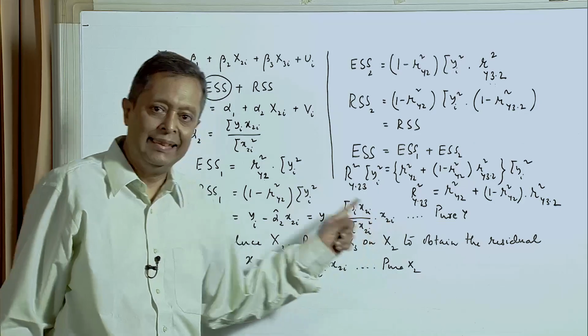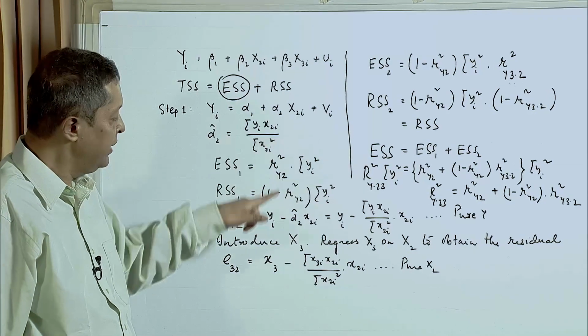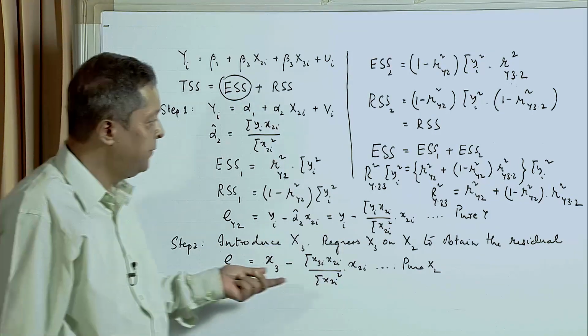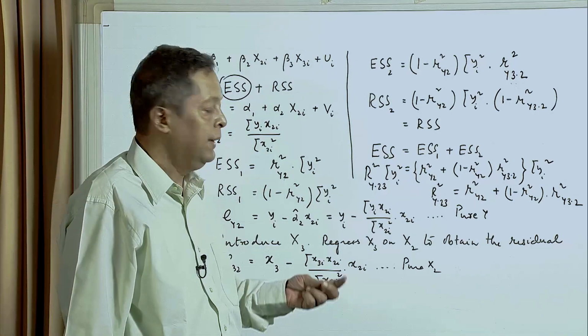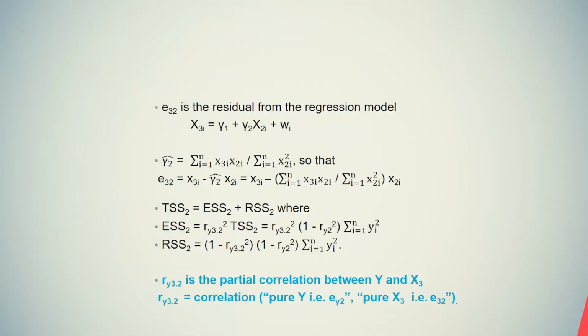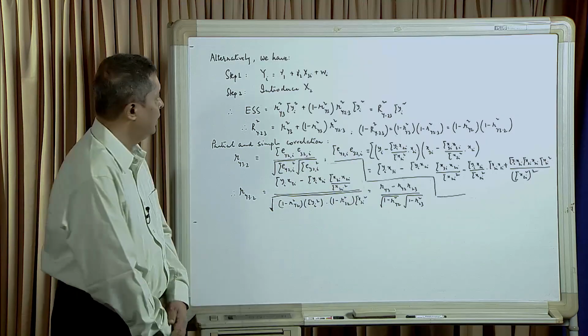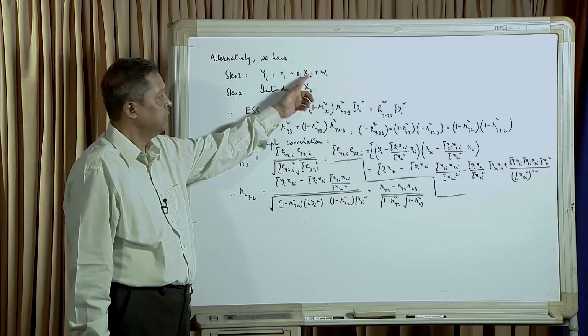Notice that in this stepwise decomposition, first we introduced x2 and then we introduced x3. We can do a similar stepwise build up by first introducing x3 and then introducing x2. That is what we will do in a few minutes from now. Let us look at an alternative way of stepwise build up. We can, in step 1, include only x3